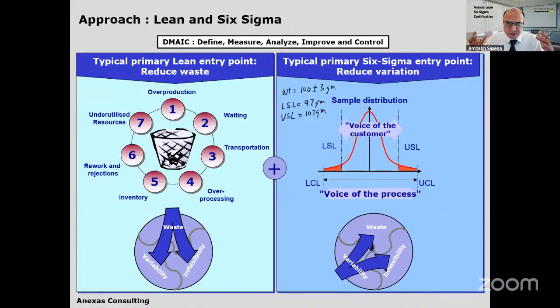So we will do a project together. And as we do the projects together, we learn some philosophies, we learn some tools and techniques, and you will see the demonstrations of these tools and techniques. And then towards the end, if you are able to stay a little longer, I will also tell you how an organization can implement Lean and Six Sigma